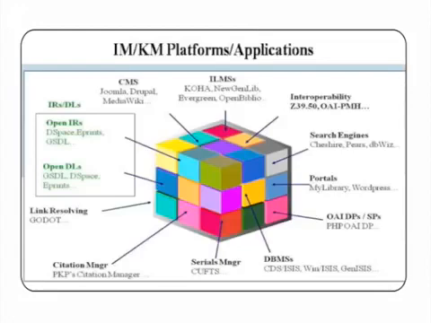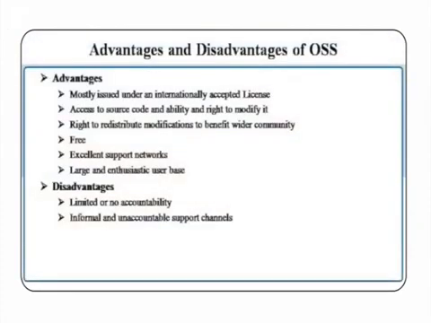Then I put it in the box because this is what we are going to choose now: open digital libraries, that is GSDL, DSpace, ePrints. Here we'll be using one of the software. The other two also have case studies in the same paper. So I'll be choosing GSDL, OpenIR, and content management systems like Joomla, Drupal, Wiki. All these which you see on this slide can be used as knowledge management platforms or applications or for information management.